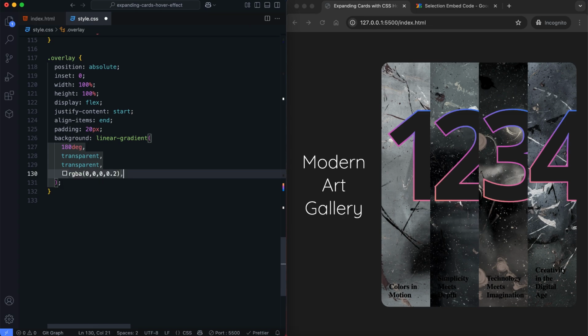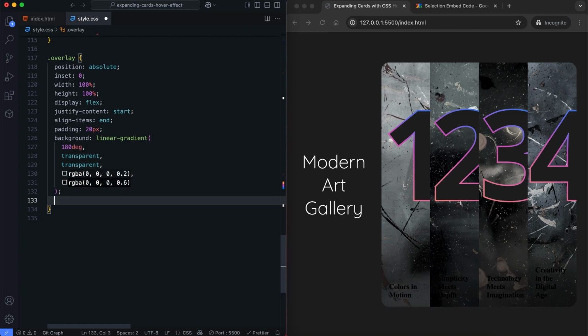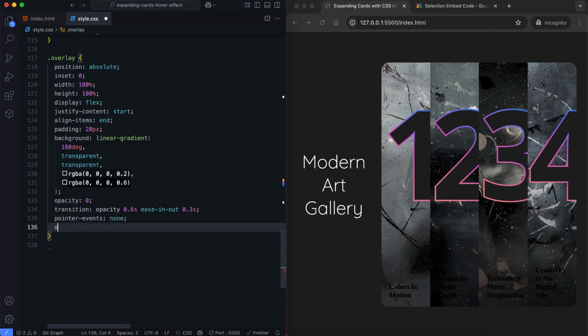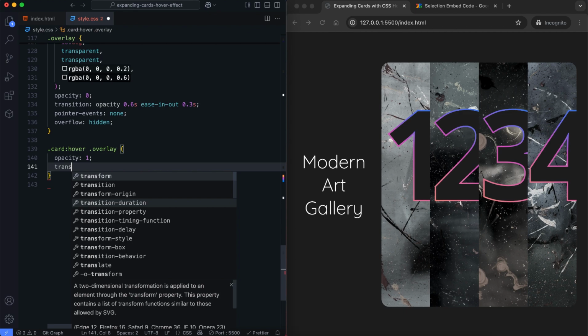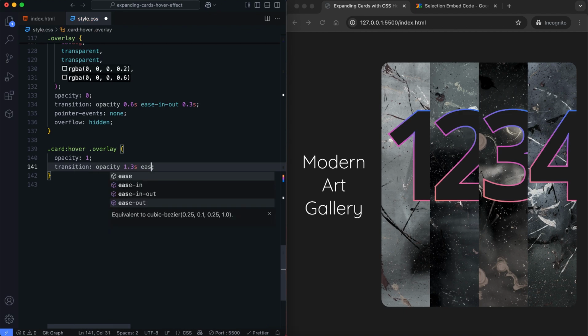The overlay has a gradient background and remains hidden by default. When hovering over a card, the overlay becomes fully visible, revealing additional details.